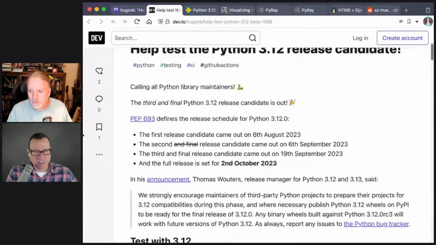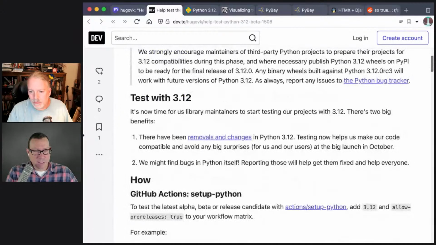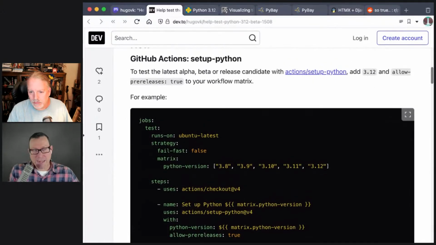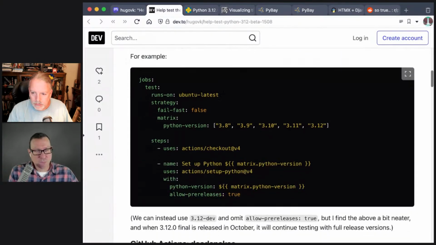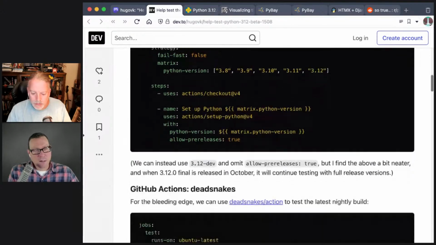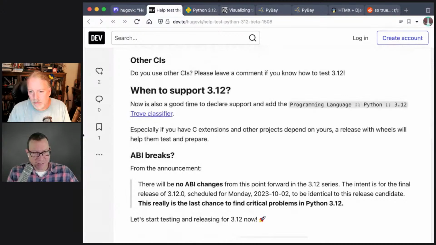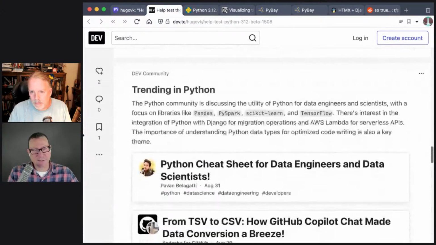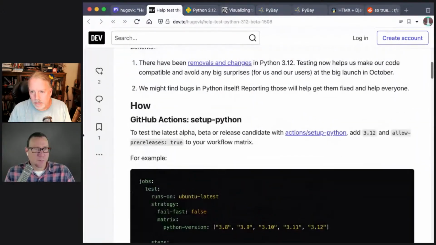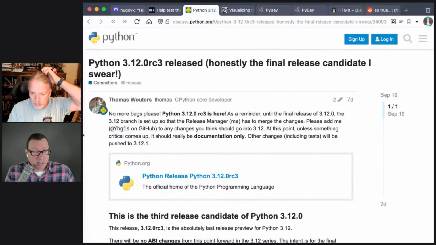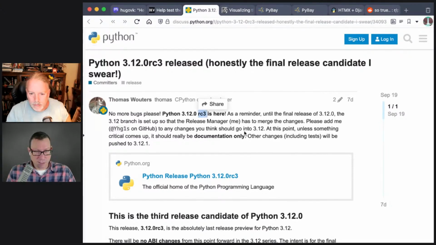And it goes on to point out, here is a nice article on how to test it, how you can get the release candidate, and basically how do you test your libraries with this. It goes through how you set up a GitHub action so that it will use the 3.12 pre-release, right? How do you do it from Deadsnakes? How do you do it for Travis CI or other CIs, and different things in here? So that's cool. That'll help some people set it up into their CI. There's also a big, long discussion here. So Thomas Waters points out that release candidate 3 is here. As a reminder,